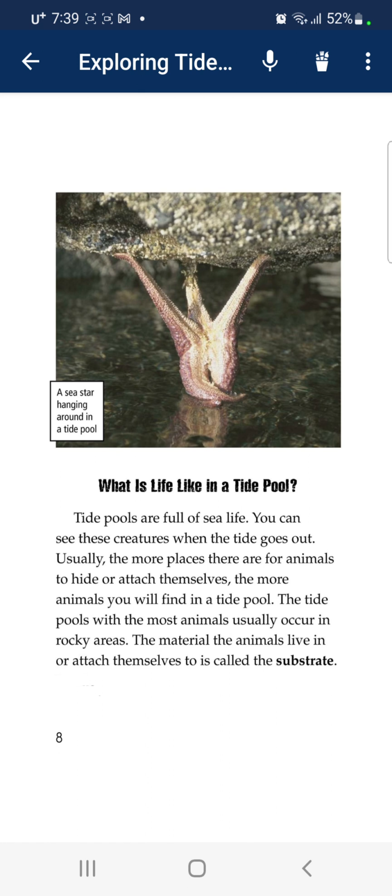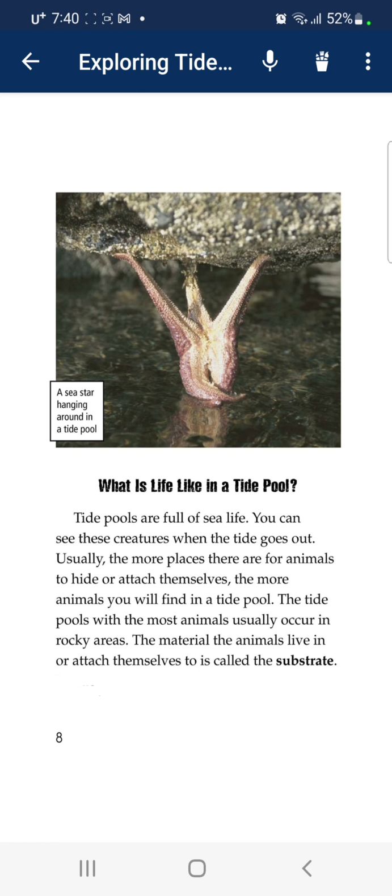The tide pools with the most animals usually occur in rocky areas. The material the animals live on or attach themselves to